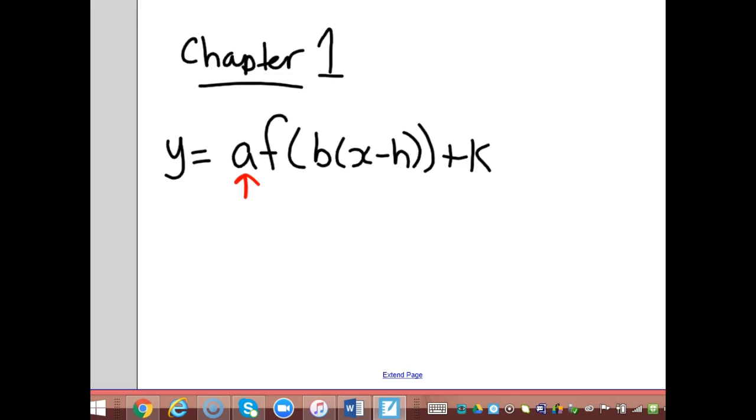This A represents a vertical stretch. Okay. And it would be A times your